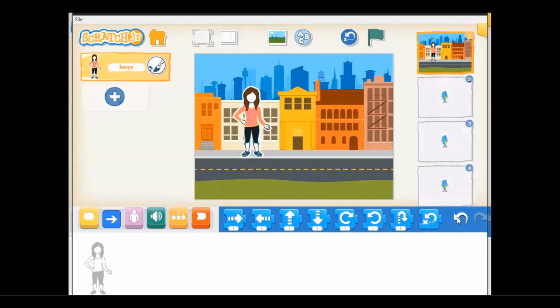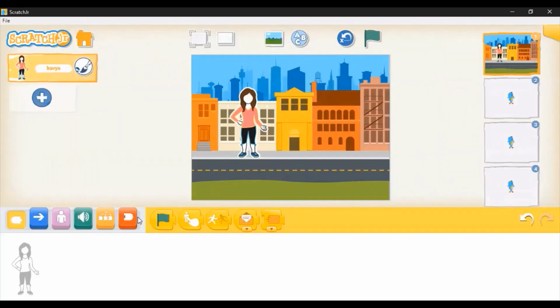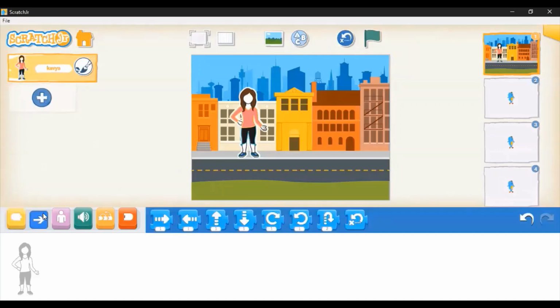Here, before I forget, this right hand side, this is the undo. You can see here you have 6 main blocks, and here they are the sub blocks of a particular block or the block palette. So first block is known as the trigger block. So using this, I can select the way in which I want my character to start the program. Like, wait, I'll first select the motion block. So this arrow, the blue one, is known as the motion block.